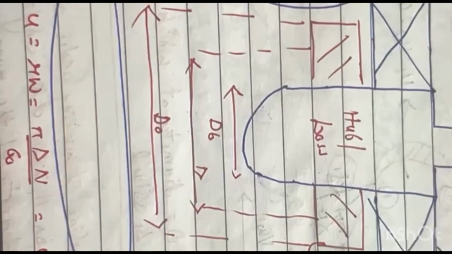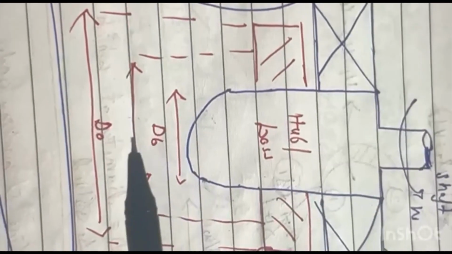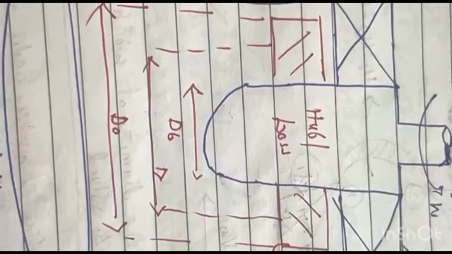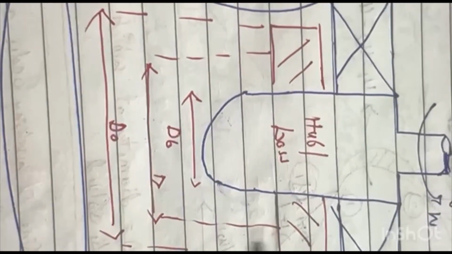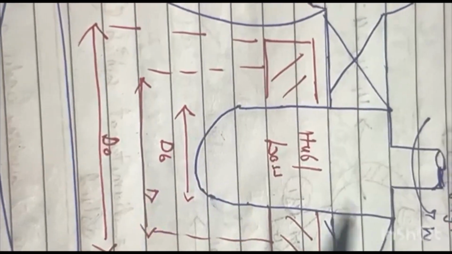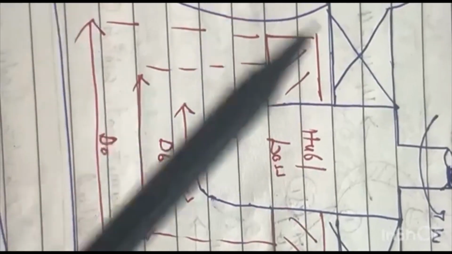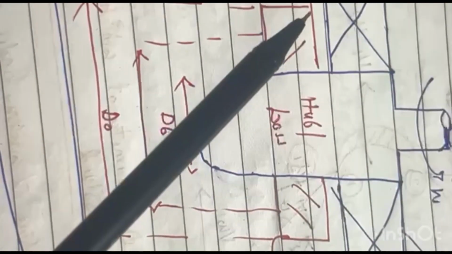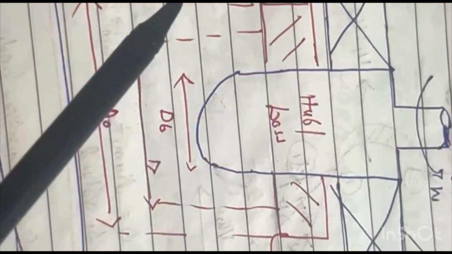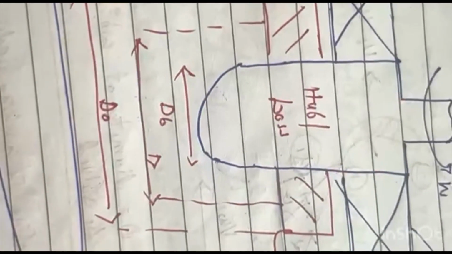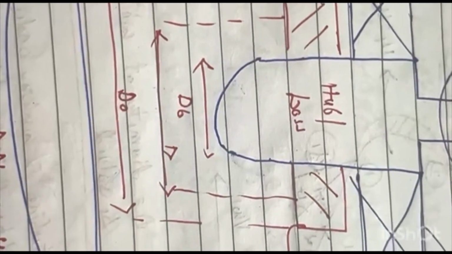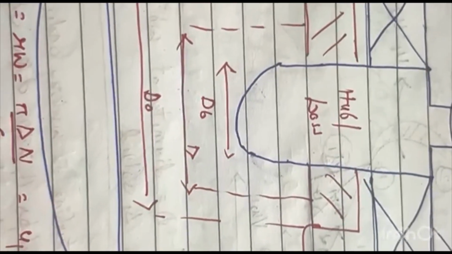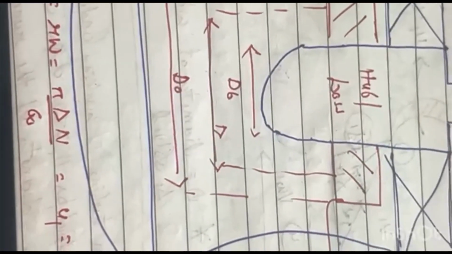ओके, जो हब का डायमीटर है वो Db से डिनोट करेंगे, Db यानी हब डायमीटर। और D है मूविंग ब्लेड का डायमीटर, जो मूव कर रही है। D हमने जनरली क्वेश्चन के हिसाब से रखा हुआ है, जहाँ से वो पूछेंगे। क्वेश्चन में एक पॉइंट दिया जाएगा कि यहाँ से वाटर निकला है। ये सिंपल है, समझ आ गया होगा। और ये टेल रेस है, ये हेड रेस है, इतना तो हमें पता ही है।